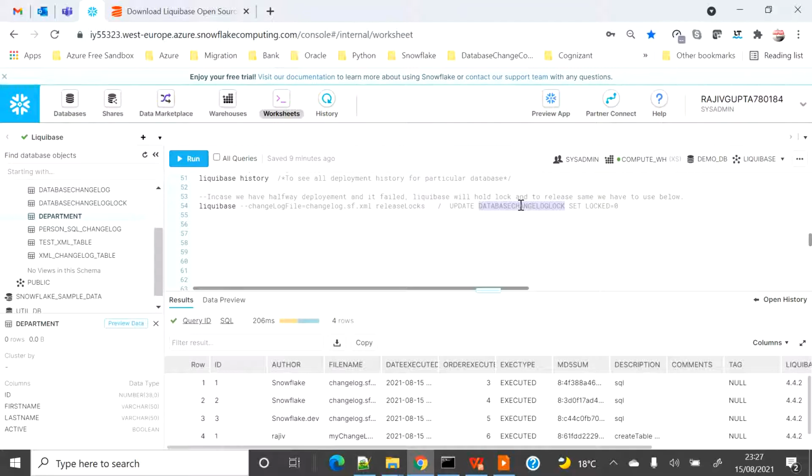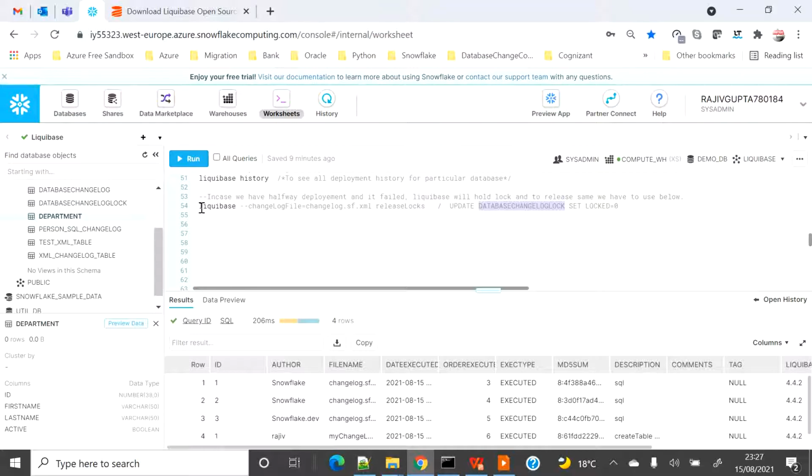So what will happen in case it fails halfway? The lock will still remain on the table, and as the change has failed, Liquibase is not going to remove the lock from this table. So you have to remove the lock from your end if you fall under this scenario.